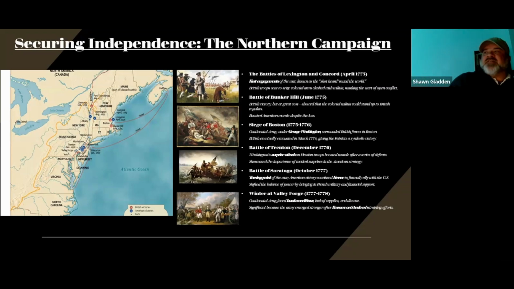The reason we say that the Battle of Saratoga is the turning point is because after this major battle and the defeat of John Burgoyne and a significant part of the British Army, France takes the colonial effort seriously and decides that they will indeed support